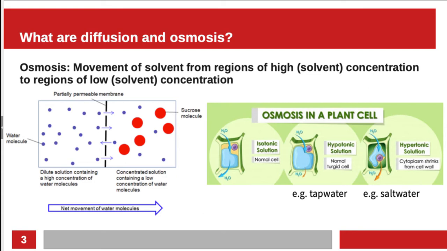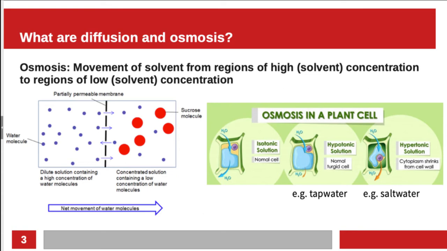Now, imagine that we have a partially permeable membrane, as you can see here, and on one side, on the left side, we've got a dilute solution of, say, water, or maybe it's even pure water, and on the right, we've got a solution of something else like salt or sugar dissolved in the water. Now on the left, we've got a high concentration of water molecules, and on the right, we've got a low concentration of water molecules because many of the molecules form a hydration shell around the solute molecules.